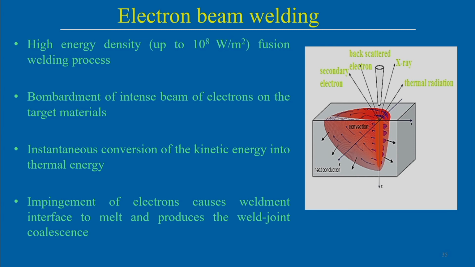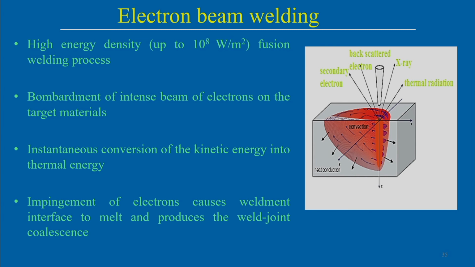Convection means, in this sense, the flow of the molten metal is also there, and in the remaining solid part there is heat conduction. From the boundary there is heat loss by convection and radiation. But of course, since the electron beam welding process is normally conducted under vacuum, there may not be any convective mode of heat transfer from the surface, rather only heat loss by radiation. So, that kind of heat loss will be there.